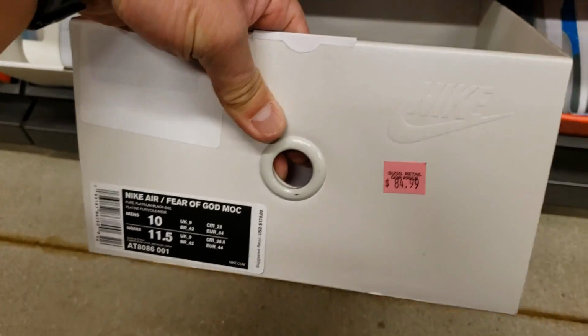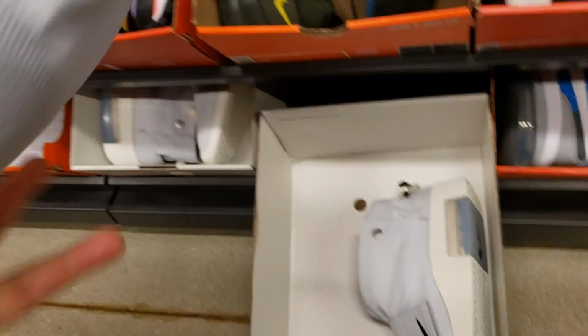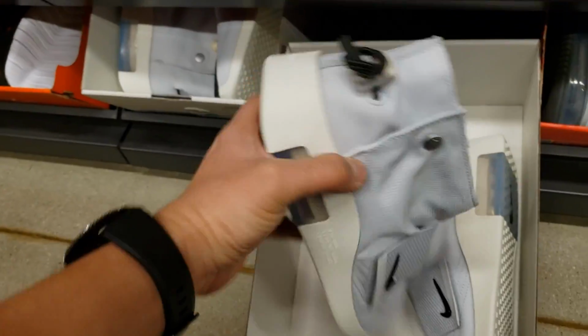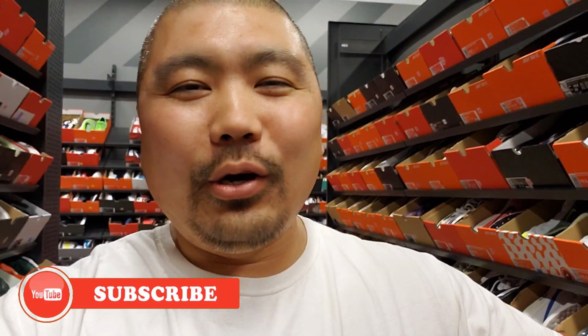Fear of God, the Mocs go for 85 bucks. That's a hell of a deal. These are clean, dude. I can see why people like these. I'm not the hugest fan, but I can see why people like them, because they're pretty clean, pretty dope. 85, get 20% off. All right, I carefully combed the 10s and the 10 and a halves, and no, man, didn't